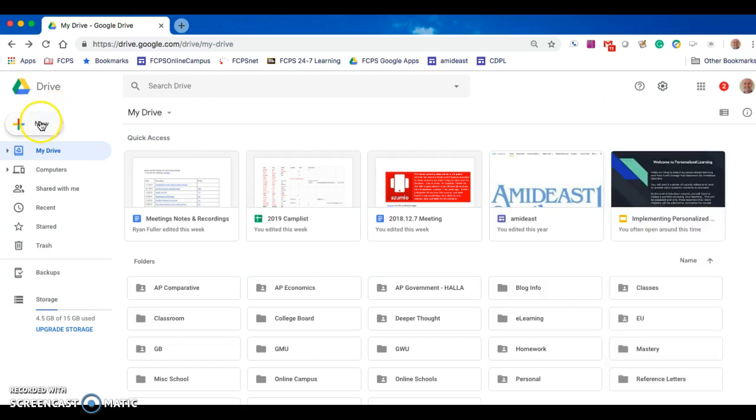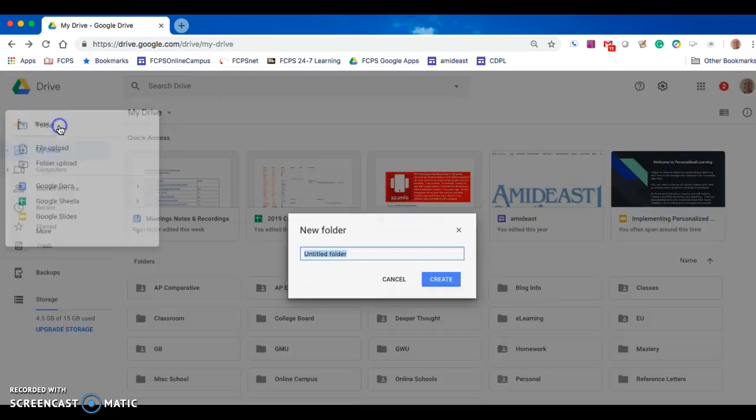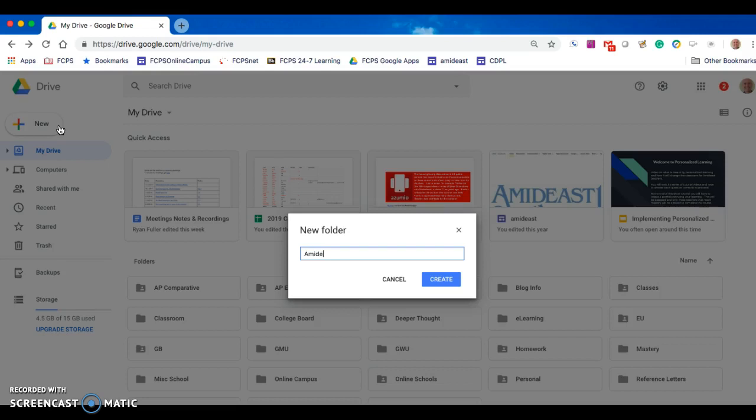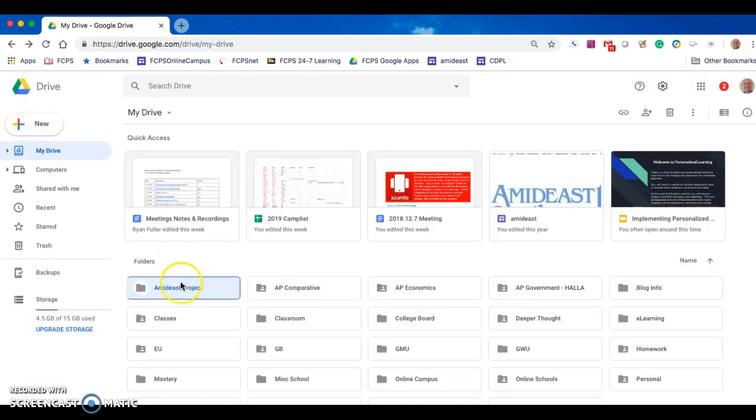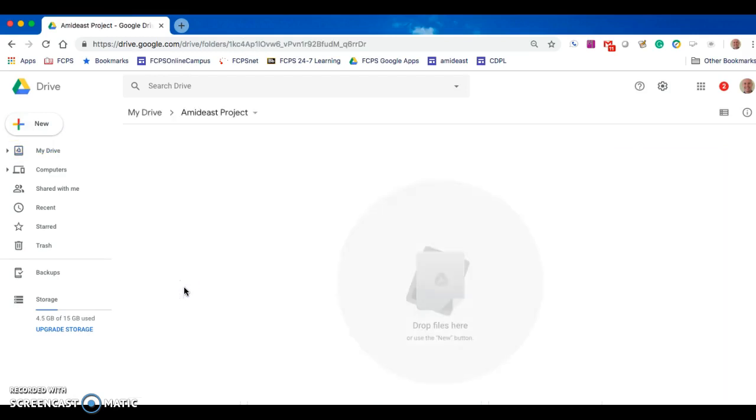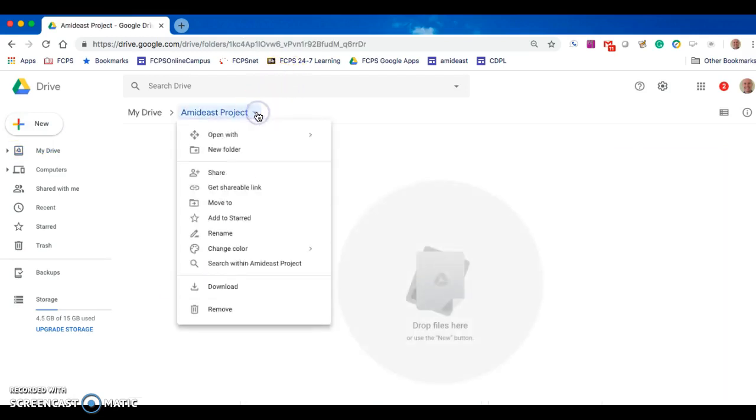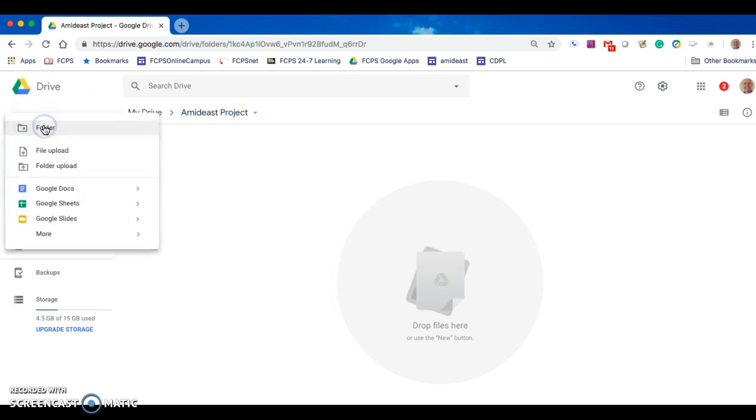So in our case we're going to go to New, and we want a folder. You just name it, and you push create. It's going to appear. Of course, if you made a mistake, you just go there and rename. Since we're inside the folder, you can upload documents,